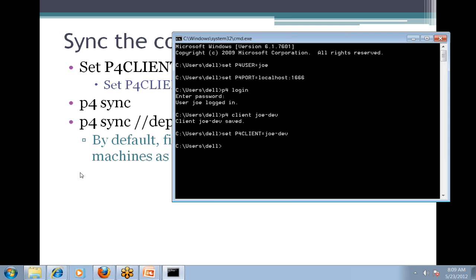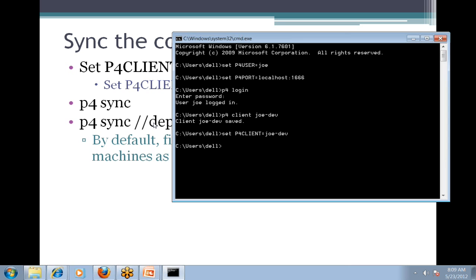So this is the third environment variable we are setting on the client. First is P4USER, then you set P4PORT, and after creating the client you set P4CLIENT. Only these three you need to set as a user. Now I want to get the code from the server, so for that you use